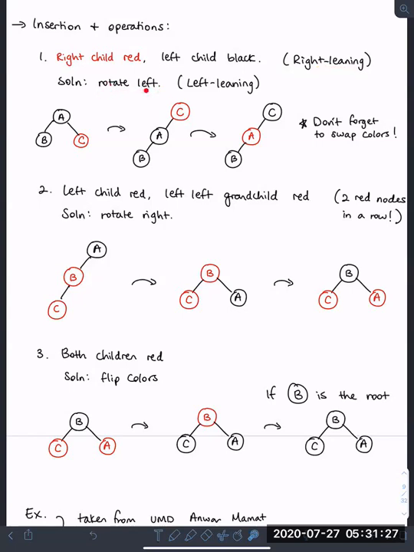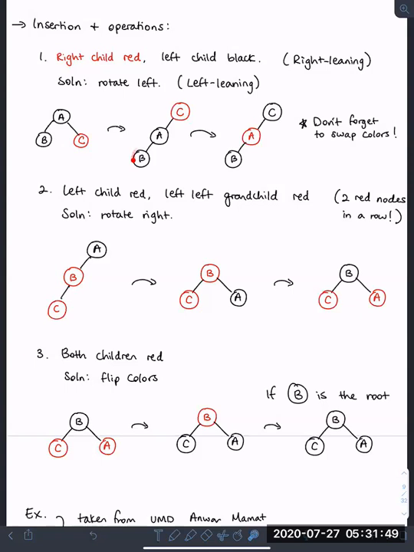And notice that first, I do everything colorblind, right? So I just copy the color that they were here into this result of the rotation. So C was red here, so C is red here. A and B are black, so they're also black here. But now, I always have to remember that I have to swap the colors of the nodes that I rotated,